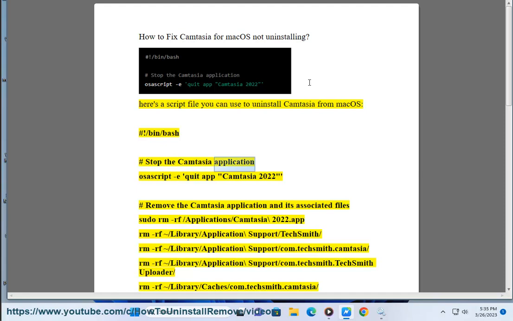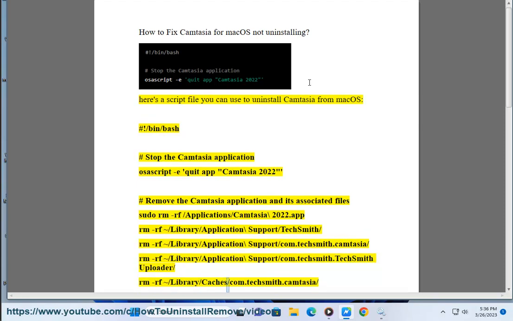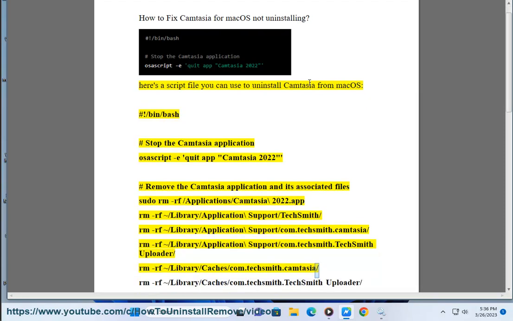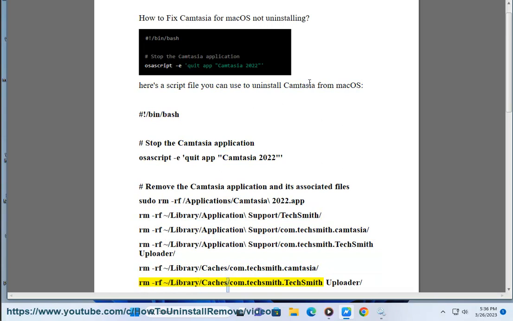#!/bin/bash # Stop the Camtasia application osascript -e 'quit app "Camtasia 2022"' # Remove the Camtasia application and its associated files sudo rm -rf /Applications/Camtasia 2022.app rm -rf /Library/Application Support/TechSmith/Application Support/com.techsmith.camtasia/ rm -rf /Library/Application Support/com.techsmith.TechSmith Uploader/ rm -rf /Library/Caches/com.techsmith.camtasia/ rm -rf /Library/Caches/com.techsmith.TechSmith